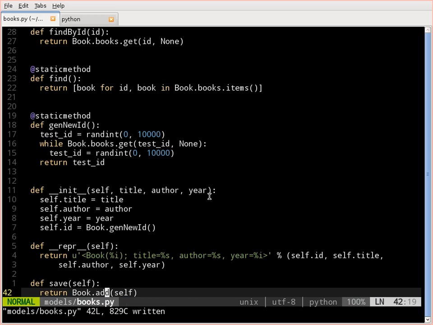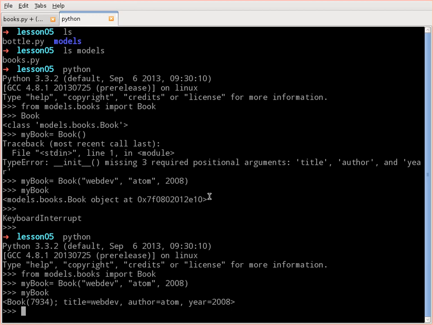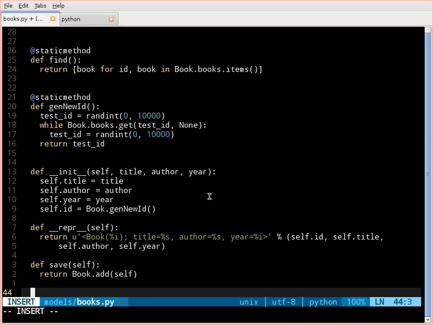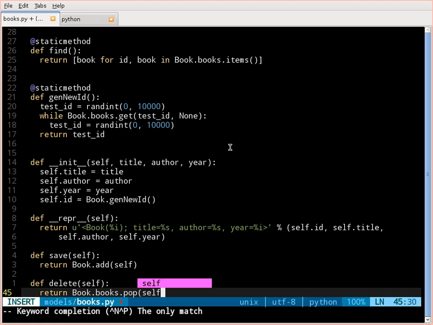Go figure. So let's just quickly save it. Basically, in the example over here, when I have my book, I should be able to just do mybook.add. Not right now because I haven't refreshed the console, but in the actual code we can do that. And let's have a delete, just to go along with save. And all this has to be done is basically call book.books and then pop. Pop basically removes something from an array, and it actually returns it, which is why I'm returning what pop returns